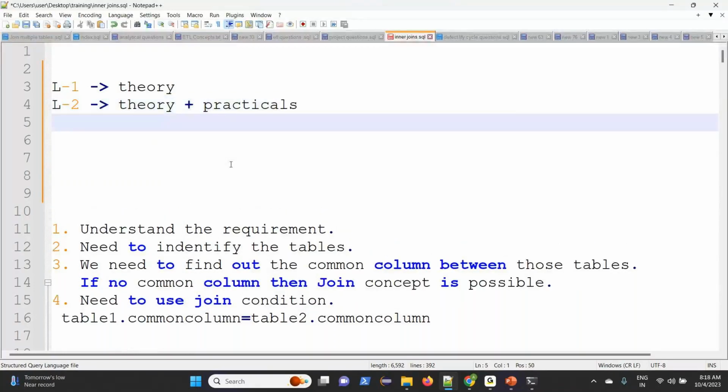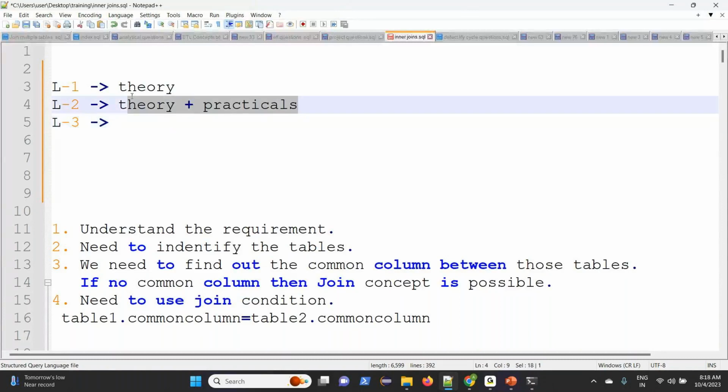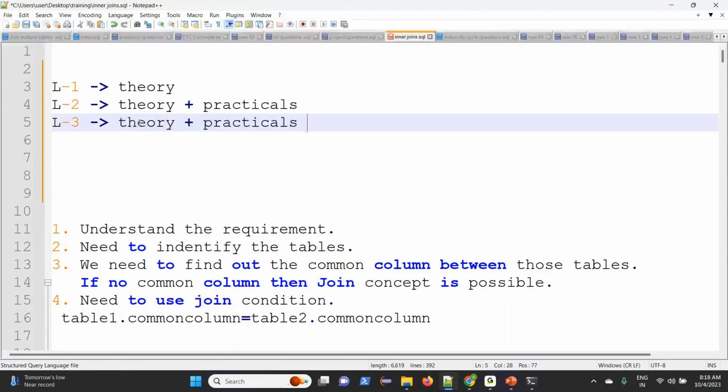L3 category people focus on theory plus practicals along with the project.